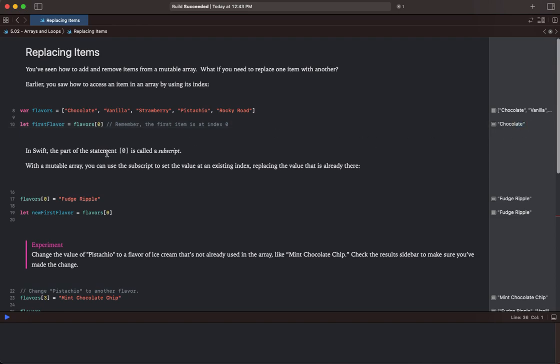In Swift, the part of the statement with left bracket 0 right bracket, the square brackets, is called a subscript. With a mutable array, you can use the subscript to set the value at an existing index, replacing the value that is already there. So on line 17, we have flavors at the index of 0 gets fudge ripple, and